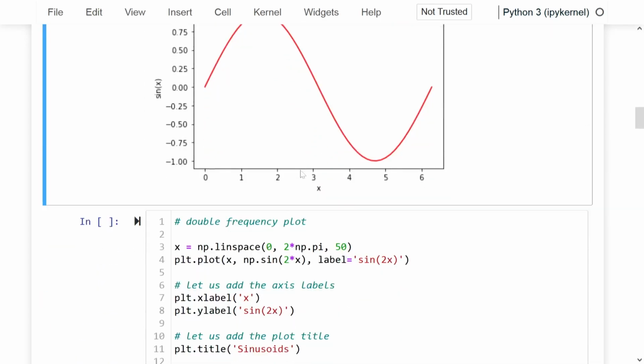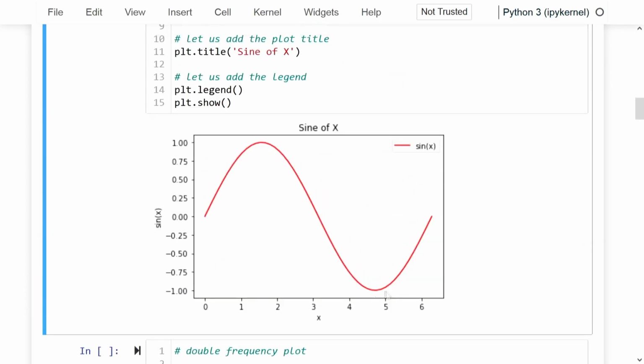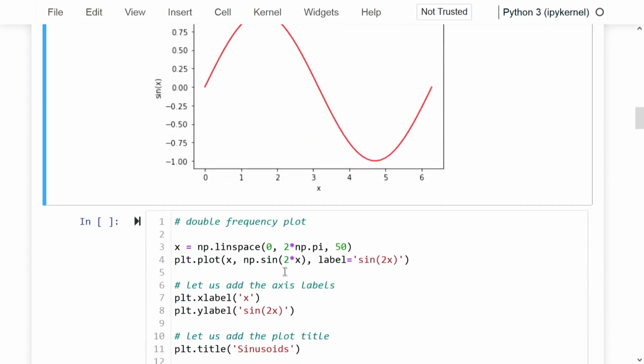Okay, next. Now what I want to do is I want to double the frequency of the signal. Instead of having only one curve like this, I want to have two curves. So what I'll have to do, I have to